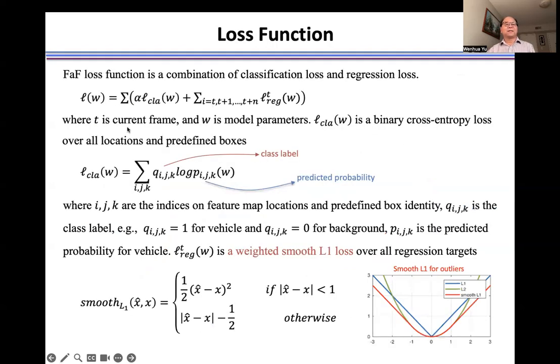To train the FaF and FORES model, we use a loss function that includes two terms. One is binary cross entropy for classification. One is weighted smooth L1 for regression. We selected smooth L1 because it is good for outliers. For the binary cross entropy, this one is a class label, and this one is a